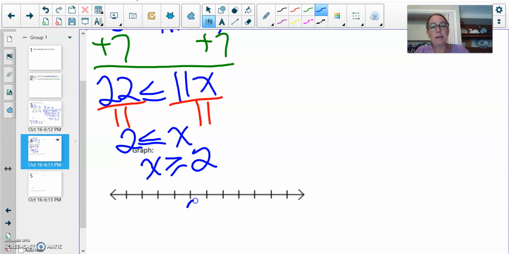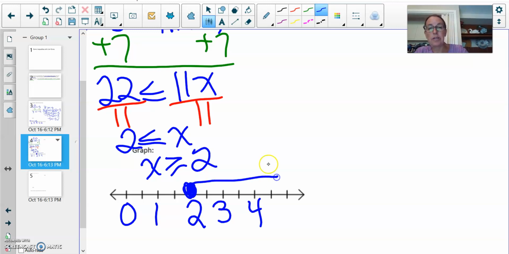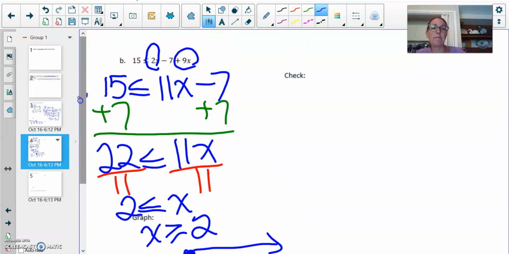So on my graph, I'm putting 2 in the middle. This time there is an equal sign at 2, so I do a filled in point at 2, shade towards the right. When I do my check, do not use the number 2 in the check. Use some number above 2 where your shaded area is. So I'm going to use 3. So if x equals 3,